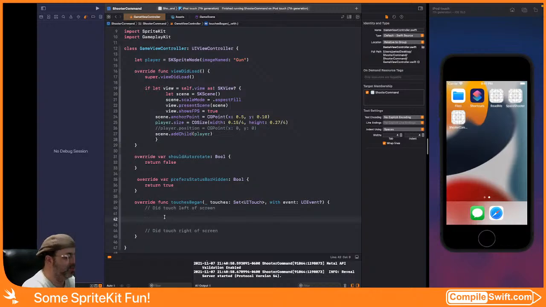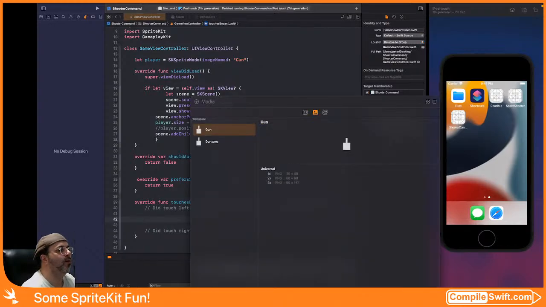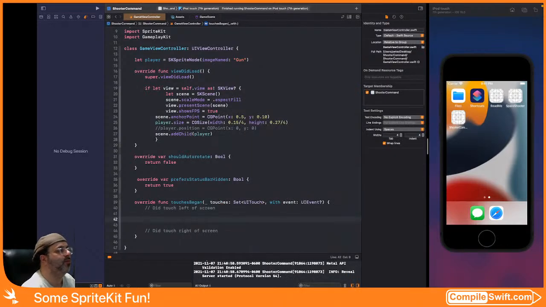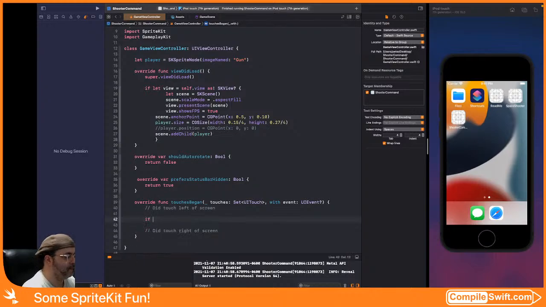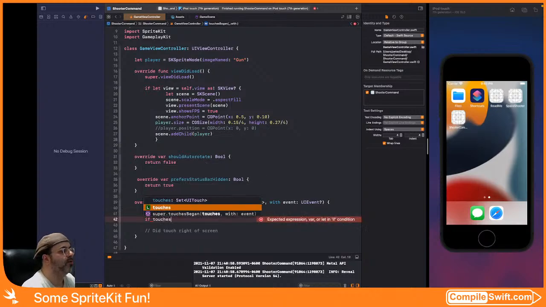I wonder if there's a super useful thing built in that we can use. Nope, that's not what I was looking for. Probably not. Or maybe there is. If touches